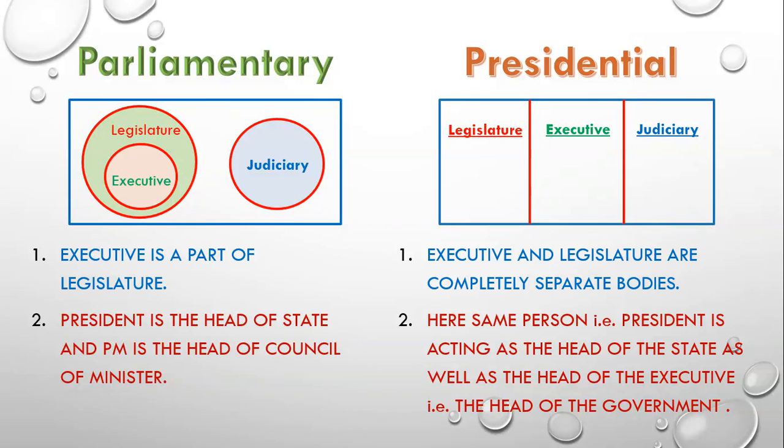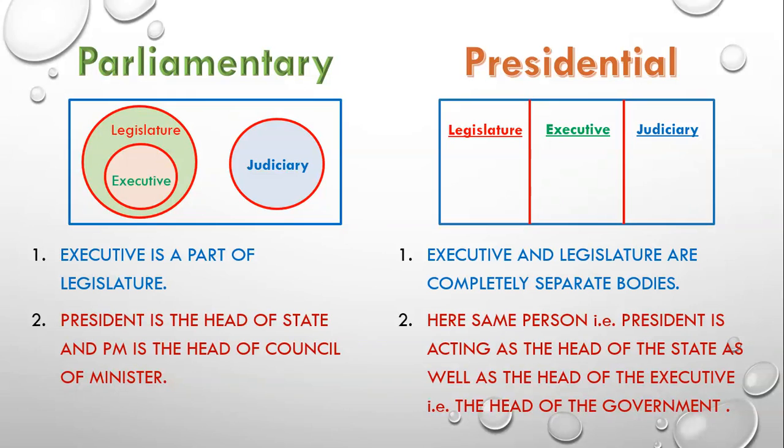Why? Because the President is in the hands of the Council of Ministers. The President will do whatever the Council of Ministers says, because the President is duty bound by its advice. The President cannot perform his functions or use his powers without the advice of the Council of Ministers, and has to follow what it says. So who has real power? The Council of Ministers has real power and the President only has nominal power.